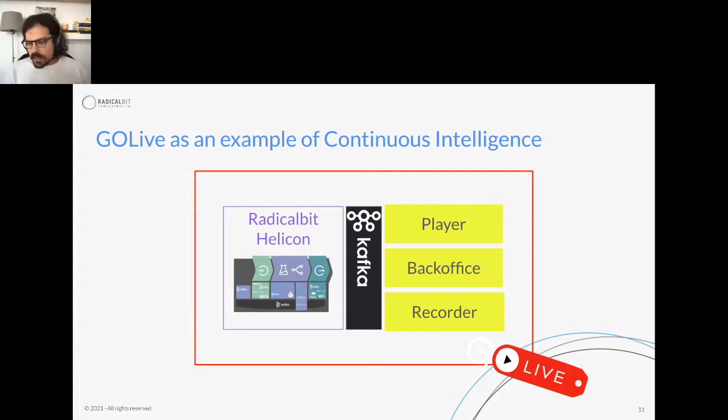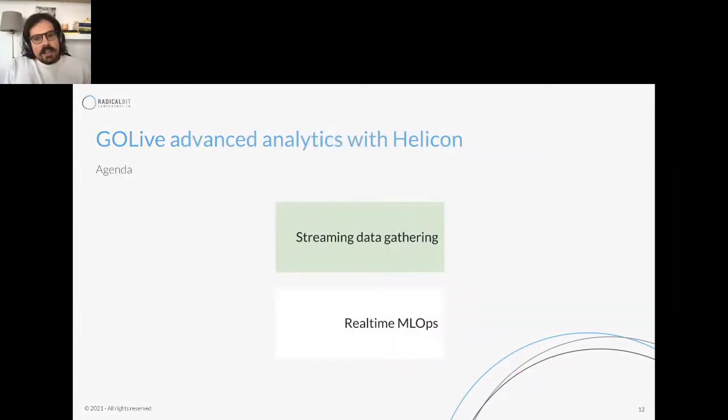But then it turned out that there was enough room in the market for Go Live. So we launched it at the beginning of the year. Right now it is in production, serving dozens of clients, both in Italy and in Europe. What I'm going to do now is share how we feed Go Live data within the platform, and after we have our streaming data in the platform, how we build the Go Live intelligence system using